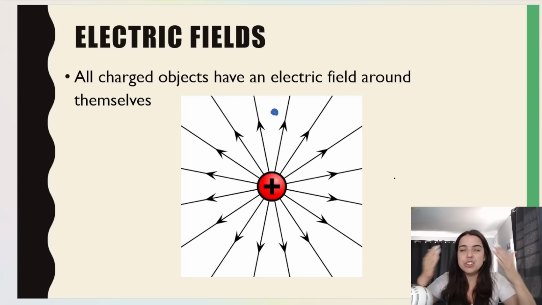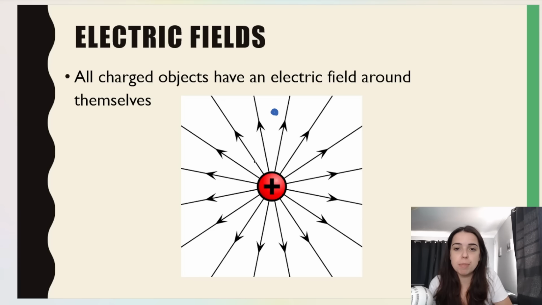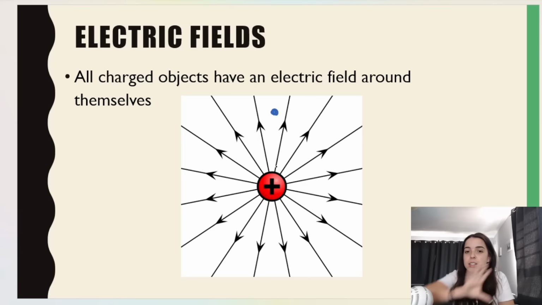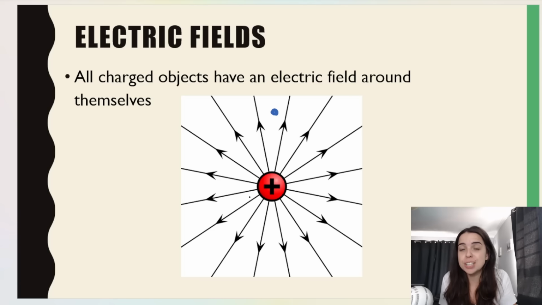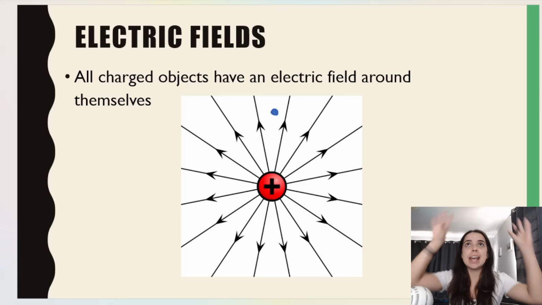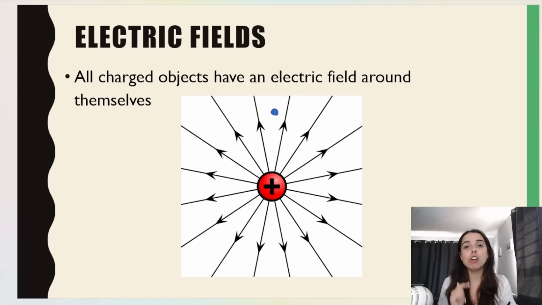And we can't visually see the electric field with our eyes, but it is there. In this diagram, it's represented by these black lines. So this electric field exists around this charged sphere. And remember I said an electric field is a region of space in which a charged object experiences a force. So one charged object creates the field, and other charged objects that are placed within the field